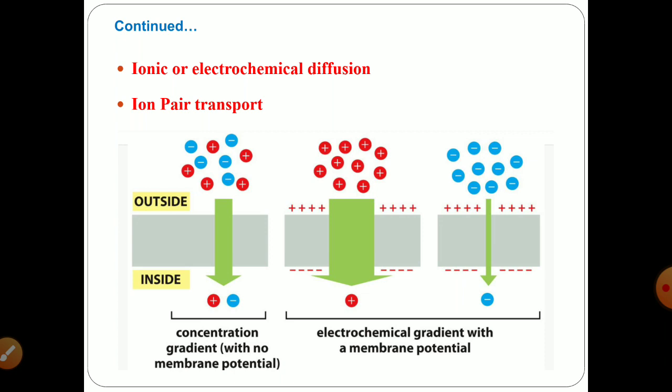Out of the ions you are having, whether anion, cation, or in some cases unionized molecules, then of the ionic forms, the anionic solute permeates faster than the cationic form. Means the order of permeation is: cations have the least permeation, anions have more permeation than cations. But if your molecule is residing in unionized form, then it has much faster and much more permeable